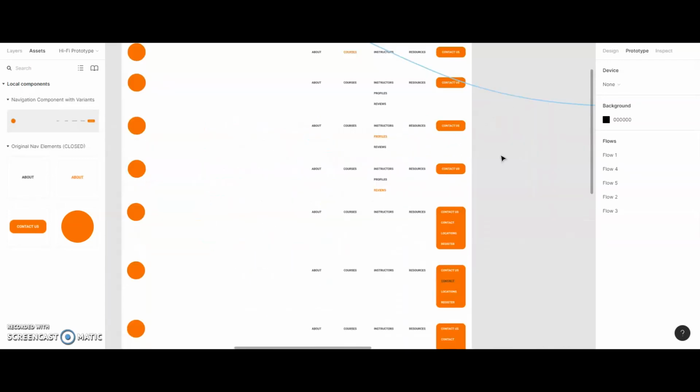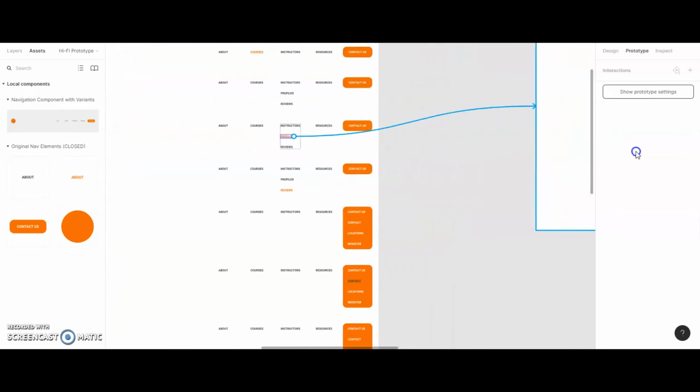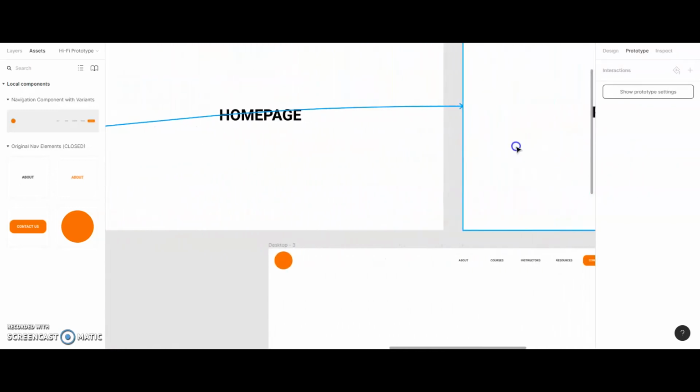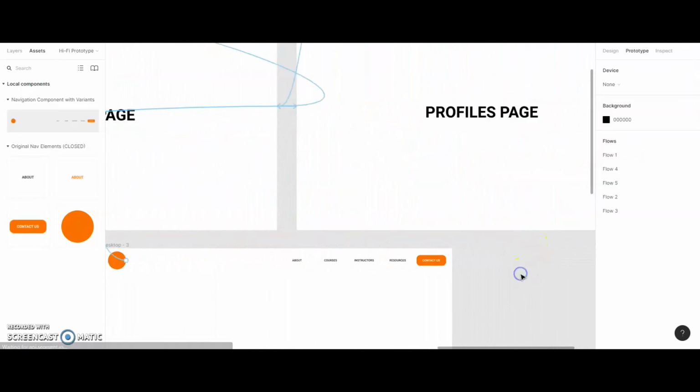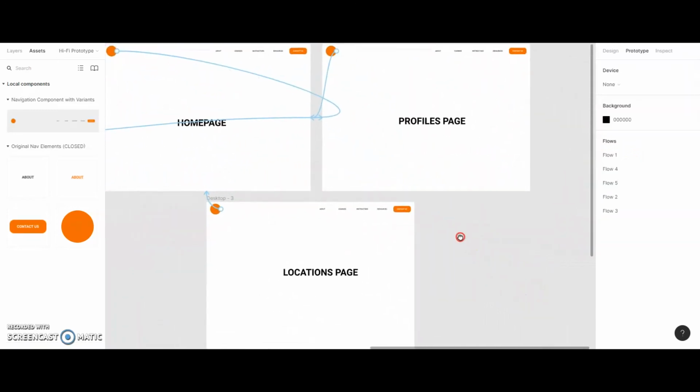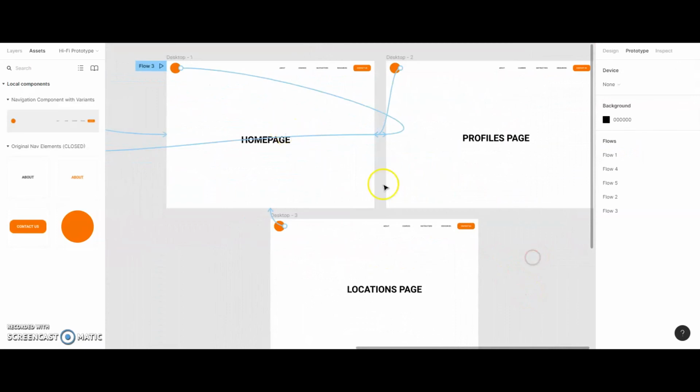I'll show you it again with another page. So here is my variant that has the profiles section highlighted. So I'm going to click this because I want people to click this to get to the profiles webpage, and I'm going to connect it to the profiles page. And at the moment you can't see any of the other pages connecting to this page because they don't have